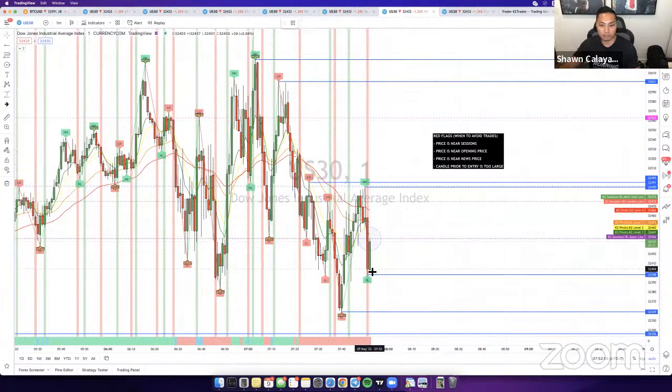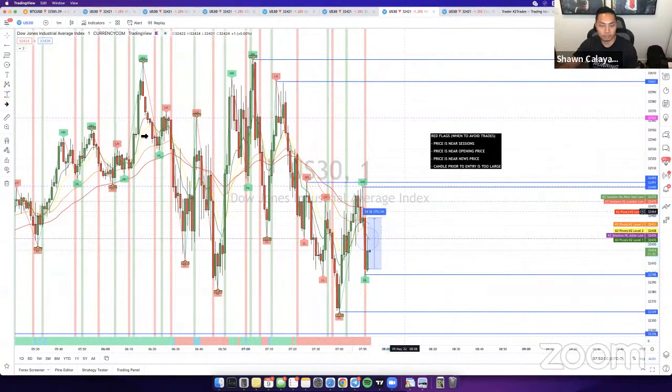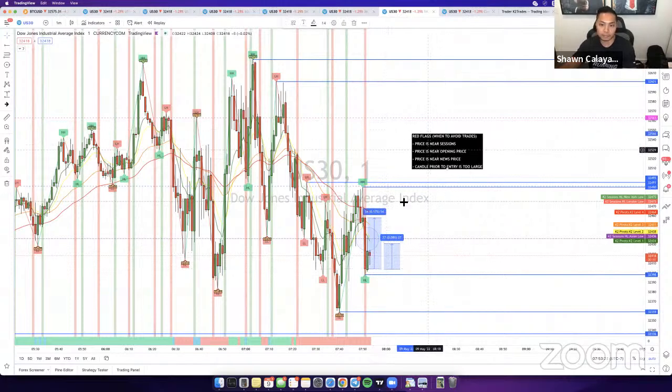So looking at this right here, retracement, either the full candle, which is about 540 pips, or halfway, which would be about 270 pips. So as you can see right here, price retraced up, and then it may come back down, right? So just keep in mind. Not one that I would take, but just giving you guys a heads up here. Huge red flags to avoid: sessions and candles just way too big.